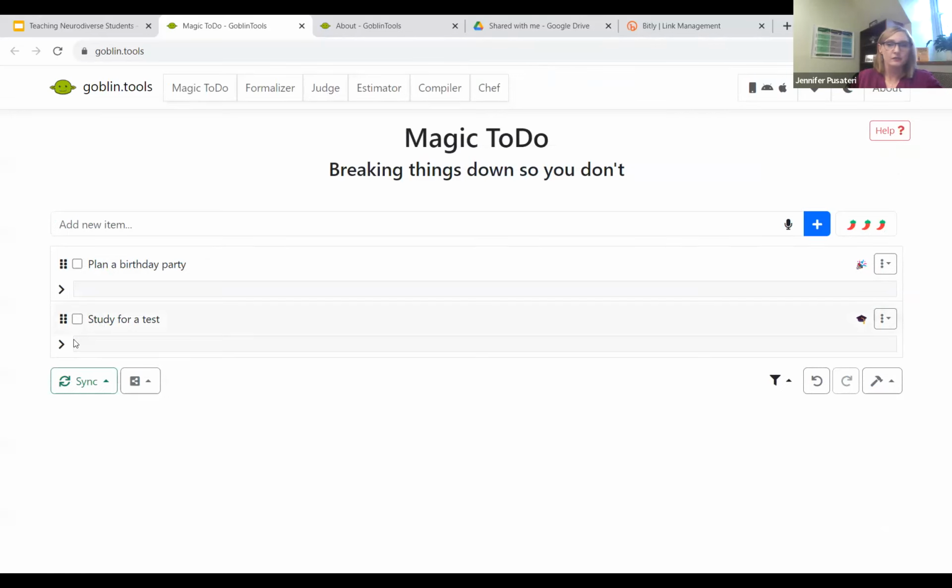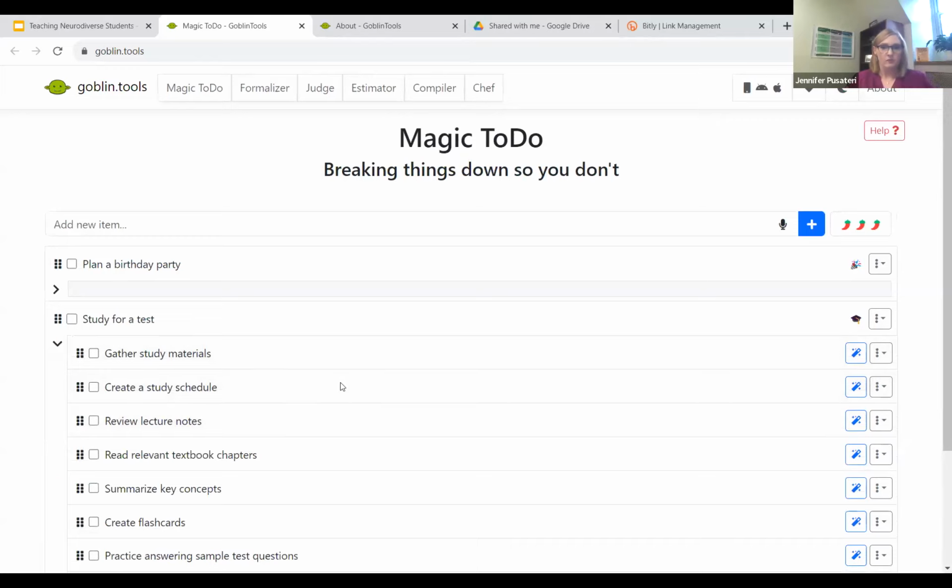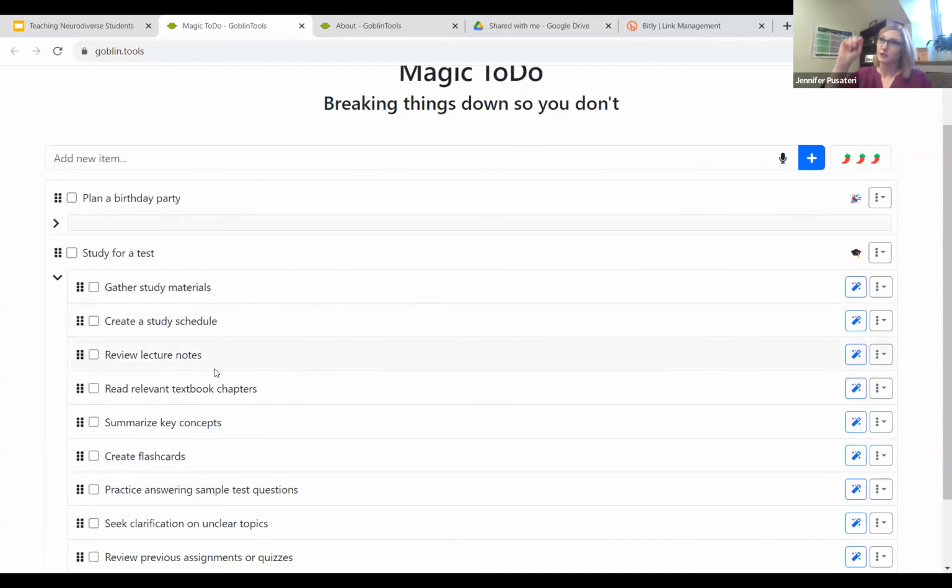Here's one I did earlier, studying for a test. All right, first you need to get the study material. Check. I know this seems silly, but sometimes for people who are neurodivergent, going from studying for a test to these little individual items is really hard. And that takes all of my cognitive energy. So when I get to the place where I'm actually doing the studying, I'm already shot at that point. My attention is shot, I'm exhausted, I'm frustrated, and that's not what we want. So when I can use tools like this to help, that's really awesome.